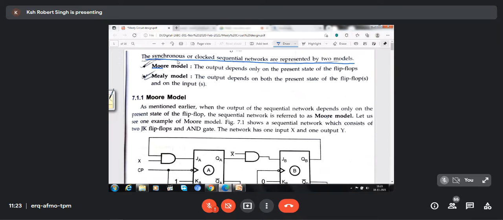The synchronous or clock. Synchronous means what? They will have a clock pulse that we know. Every flip-flop will receive the same clock pulse. Sequential circuit